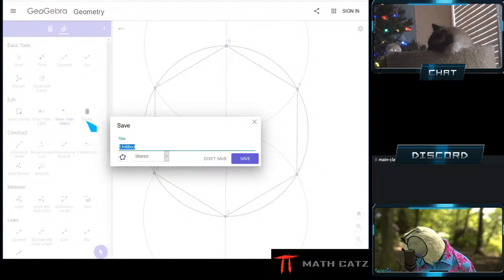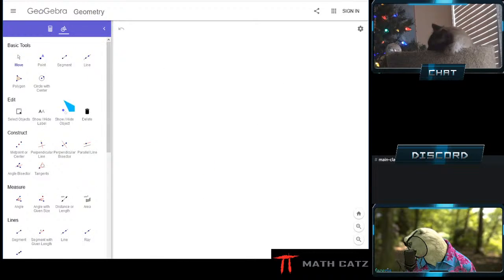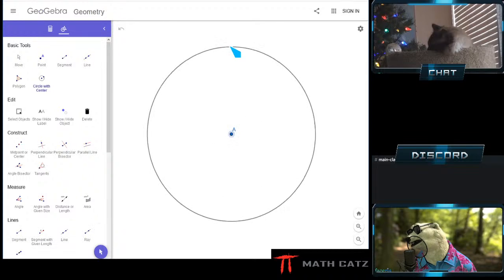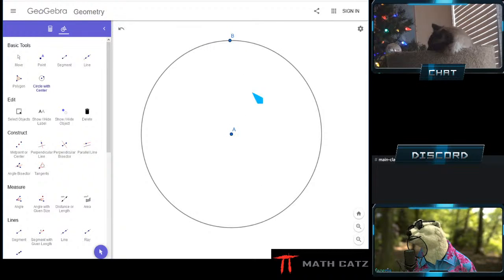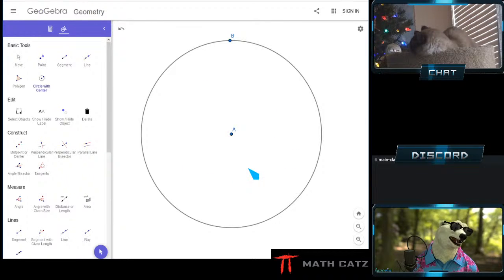A regular octagon is next. Let's start with the circle. Circle is given. Boom. That's given. My goal next is to draw a regular octagon inside the circle with vertices perfectly on the circle. How do I do it? Well, I start